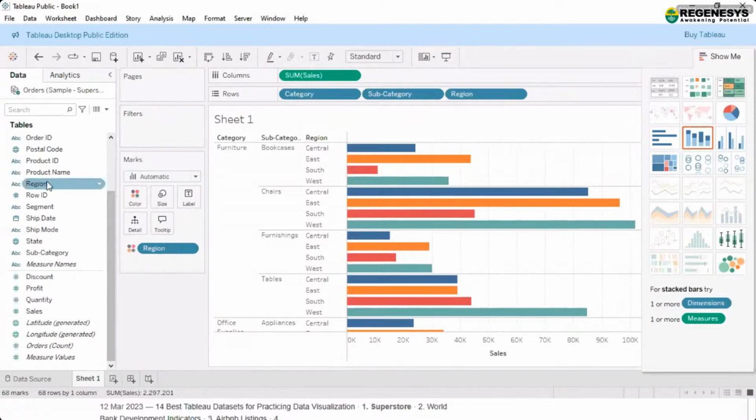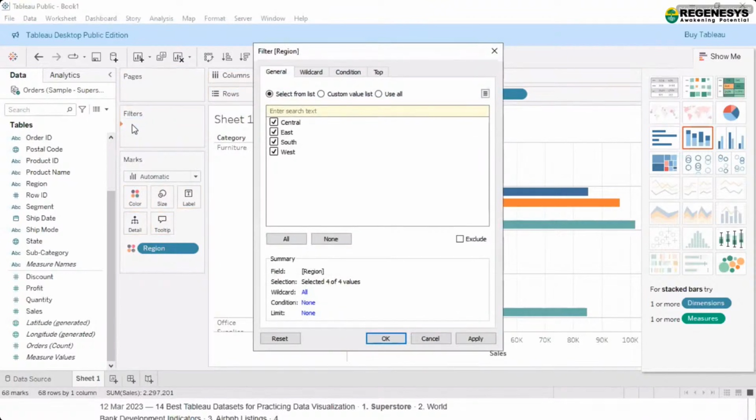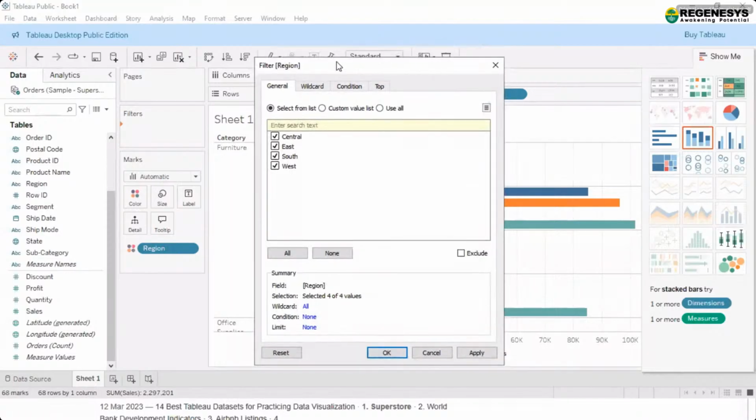So for example, let's say region. Now when I take region and put it here, see, I am getting the dialog box of filter on the region field, and all the values which I have in that column are now available here.